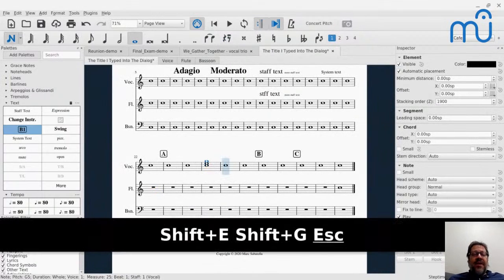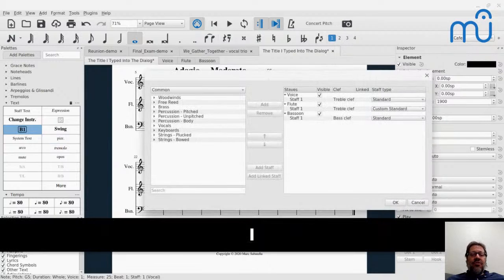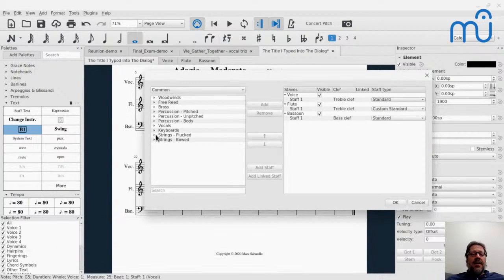Then we have fingering. There's so many different kinds of text that I'm just going to show you. Most of these texts in here, I'll come back to fingering in a second, but the texts that you see in here are really just special staff texts, special system texts, and so forth. These aren't really mostly other kinds of text, except for this changed instrument, which I'll come to later. But like this pizzicato marking, if I add an actual violin staff, I press I, and let's add a bowed string, a violin.